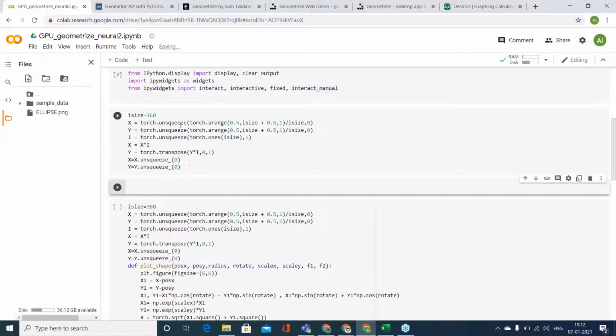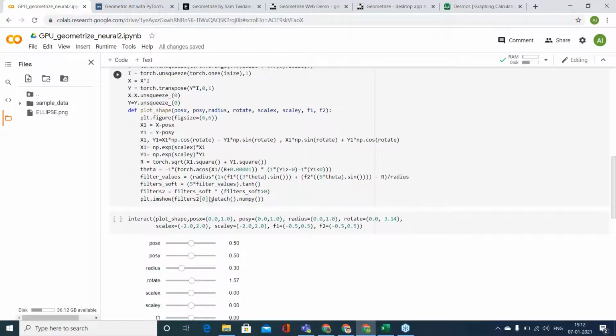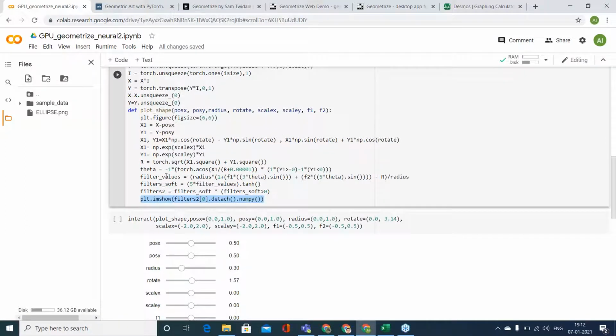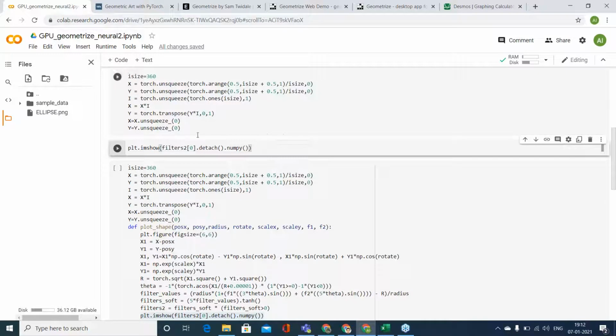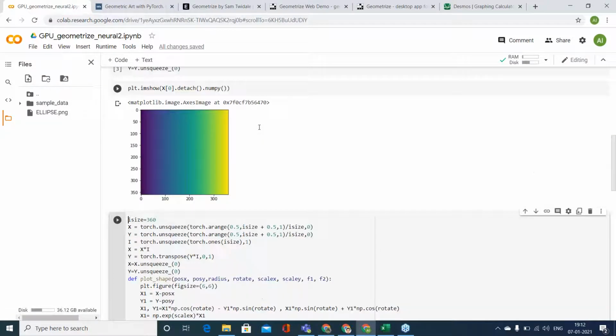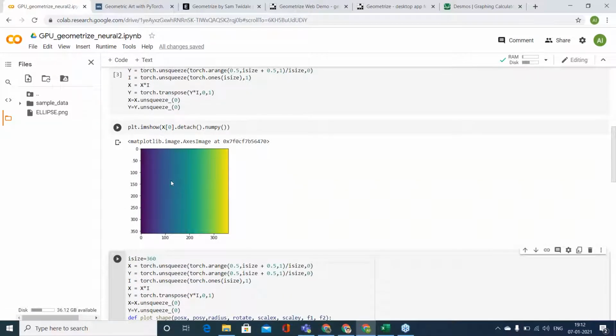So I construct an image, 360 by 360, and I put in X and Y coordinates to the image.